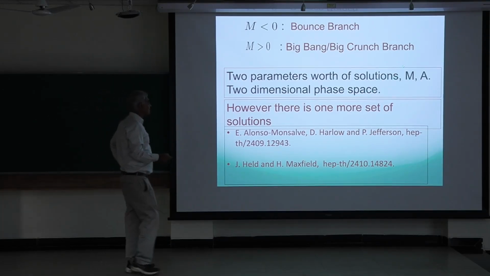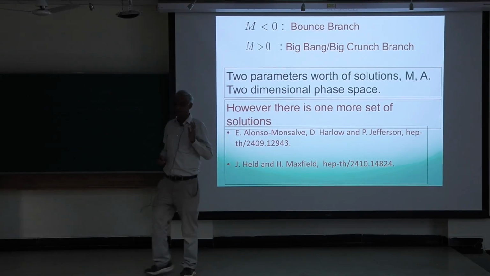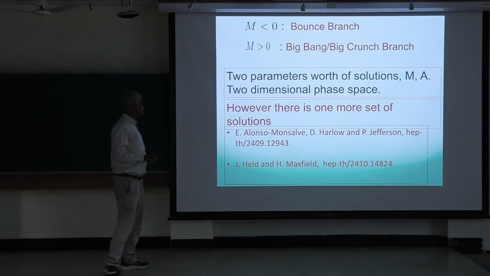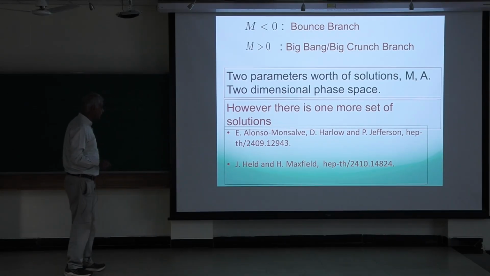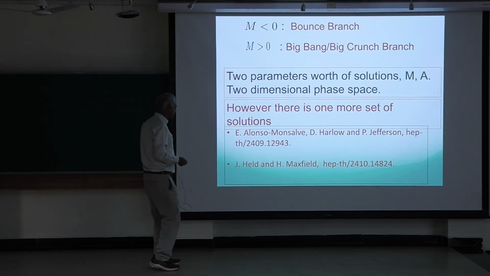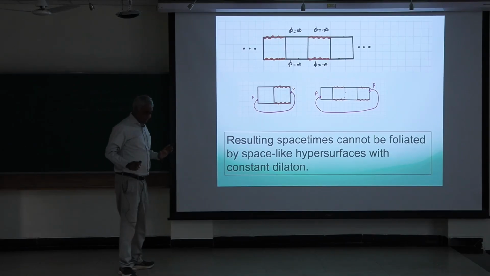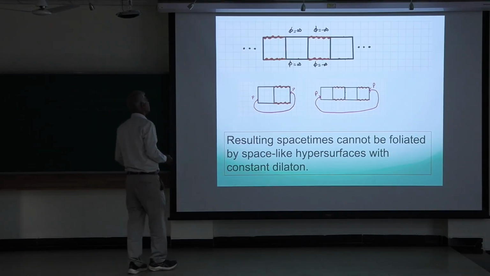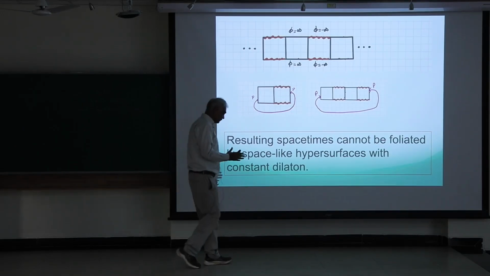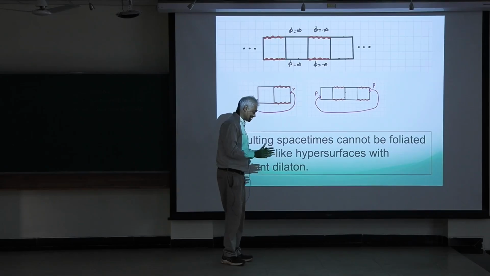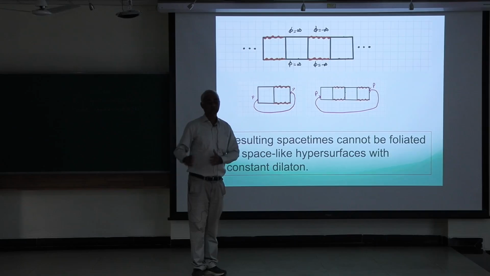Okay, and as a sanity check, you have 2 parameters worth of solutions, so the classical phase space of the system is even dimensional, 2-dimensional. So it's a really very, very simple system. Now it turns out these are not the only solutions, as was emphasized in these papers. And to explain, at least tell you what the additional solutions are, which we won't include in our quantization, and it'll turn out to be at least consistent in that if you take the system with the solutions I had in mind and quantize it, then the wave function will not leave those sectors.